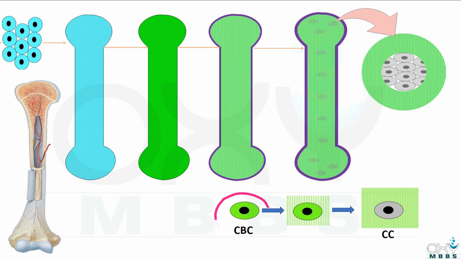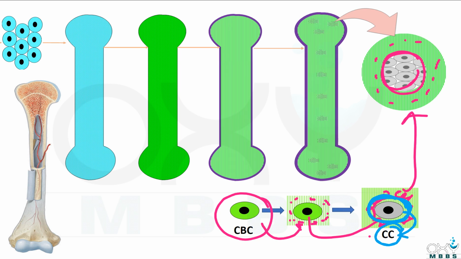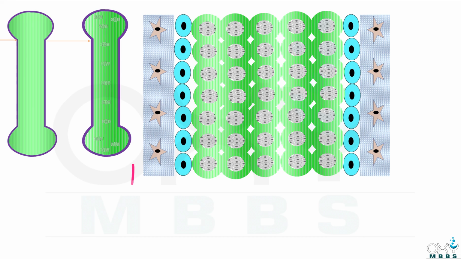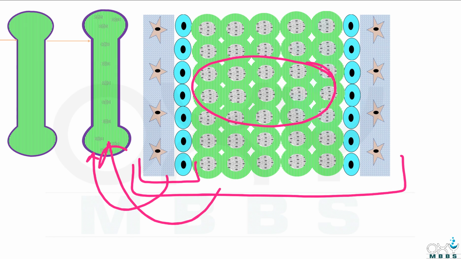As these chondroblast cells secrete extracellular matrix all around itself, because of this, at a certain point, these chondroblast cells will get buried within its secretion. And now these deeply buried chondroblast cells are called chondrocytes. As you can see in this picture, these are chondrocytes, and this is extracellular matrix, that is cartilage. Friends, this is the cross section of this cartilage model, and this is the perichondrium, and this is the inner part of this cartilage model.